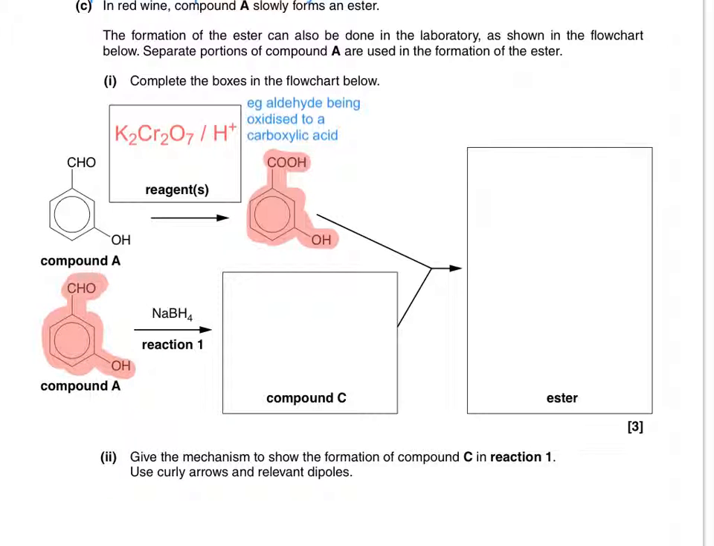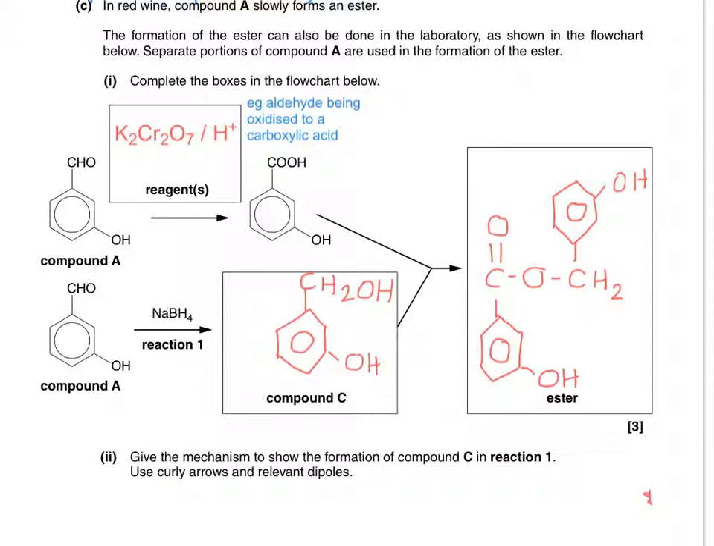So that's what you need to think about. So if you start by reducing the aldehyde in compound A using NaBH4 to a primary alcohol, you now have your two feedstock compounds, compound C and the carboxylic acid you get from oxidizing compound A. So the flowchart leads you to the ester box, and in the ester box you should now have a structure like